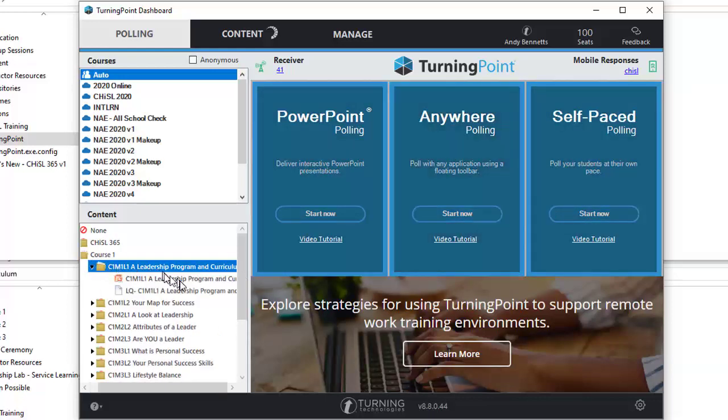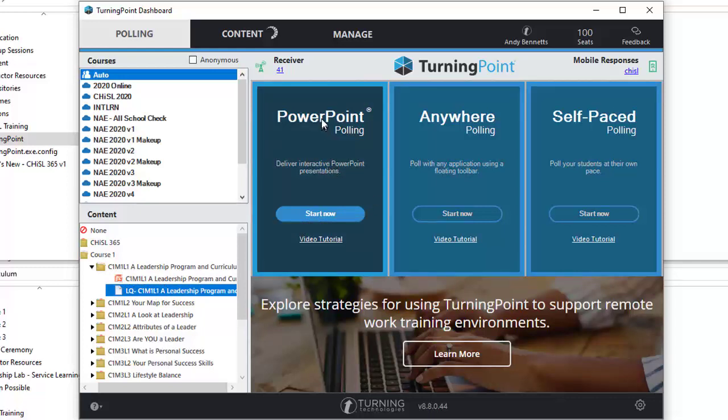As I mentioned before, we now have question lists in all of Course 1 lessons. So instead of having to go into PowerPoint and pick through questions to be able to get a review, we can just access the lesson questions right here. And then we can go into PowerPoint, which is an option. I would recommend actually going into anywhere to review. And then if you wanted to print it off, you could do a test right here. But these lesson questions are probably just good for a review.